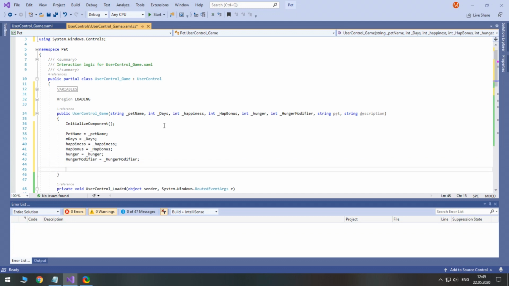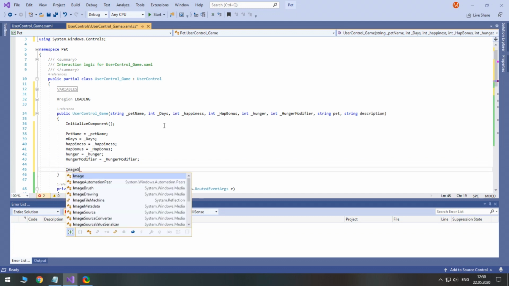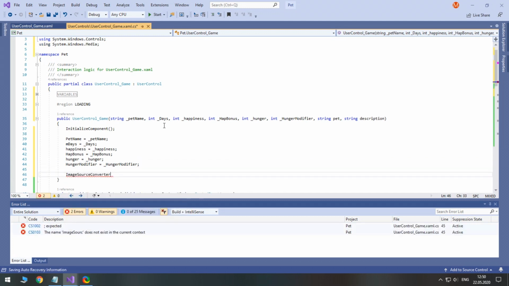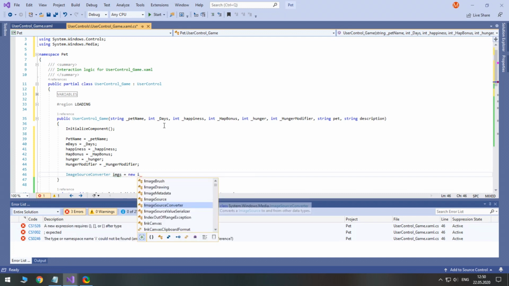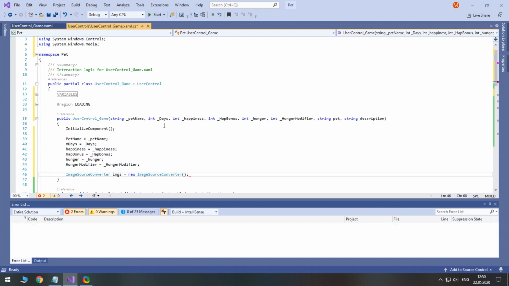We also need to get the right image. For this purpose, we need an image source converter. Now let's set the pet image's source property value.